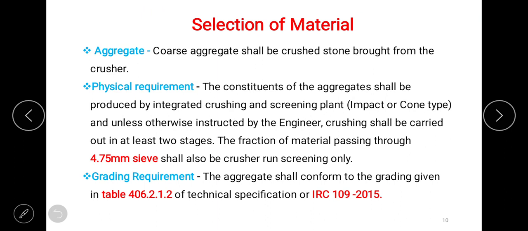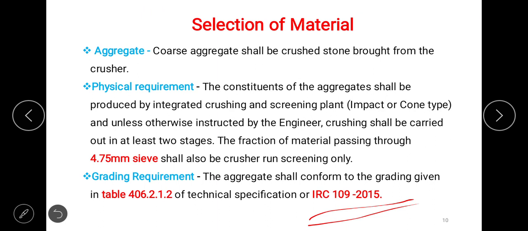Selection of material. What are the various materials to be selected as per IRC 109/2015? Coarse aggregate shall be crushed stone brought from the crusher.